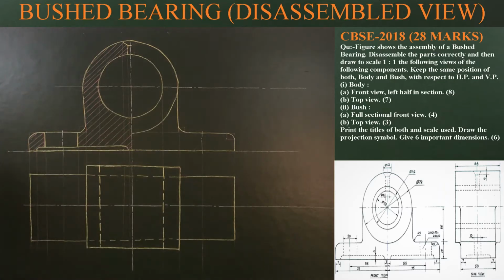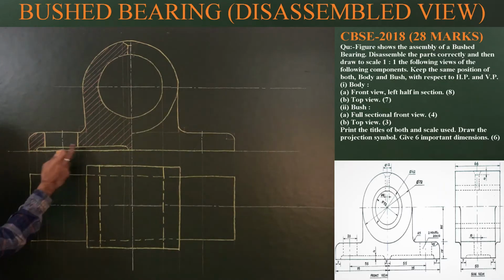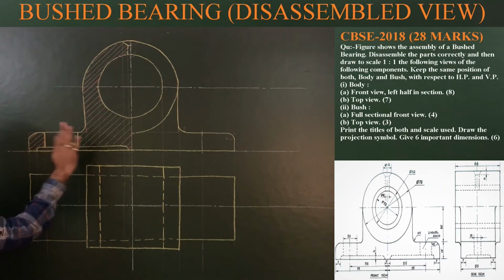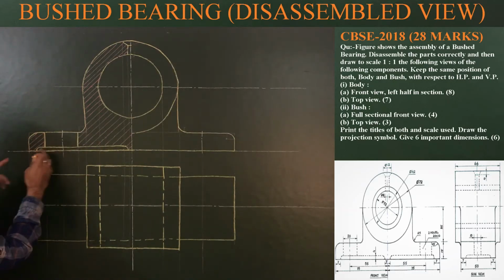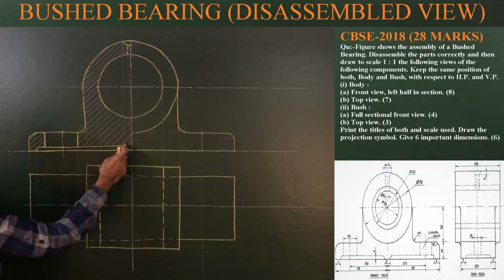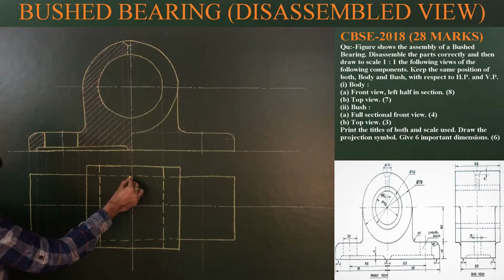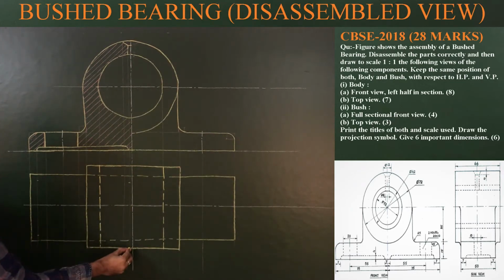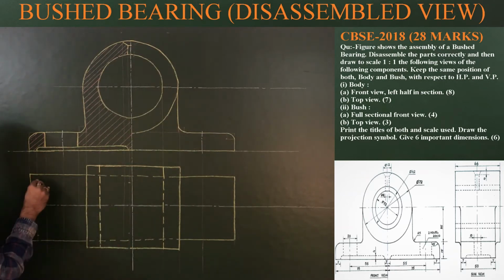Then for the rectangular cavity at the bottom portion of the body, these are limits. So using these limits, again we know that the distance from this edge is also 7. So from this point mark 7, from this point mark 7. These are two limits, and along this line, this is the limit. Yes, this is the limit. Again 7, and from this point 7.